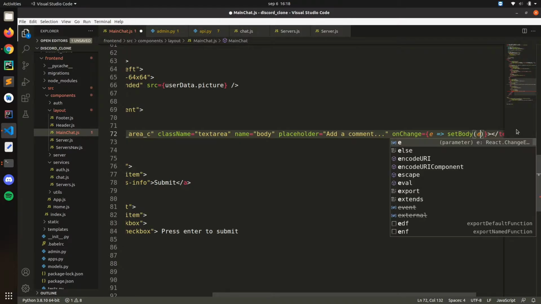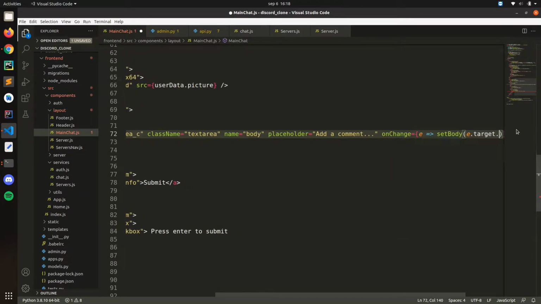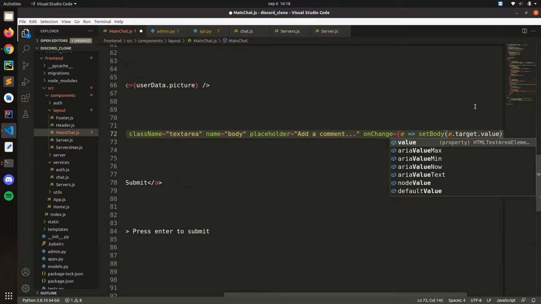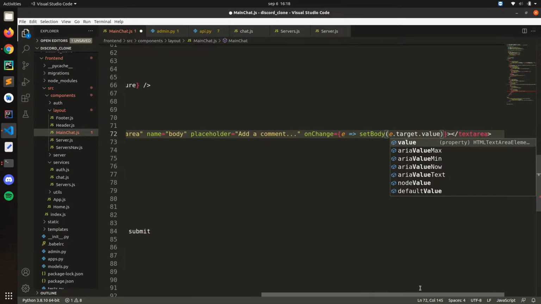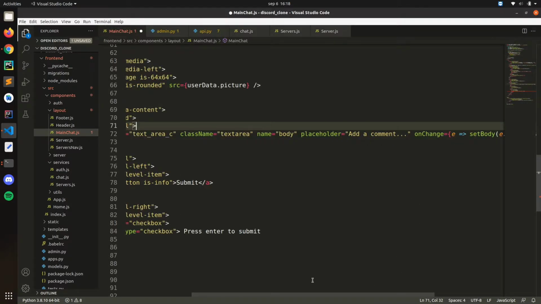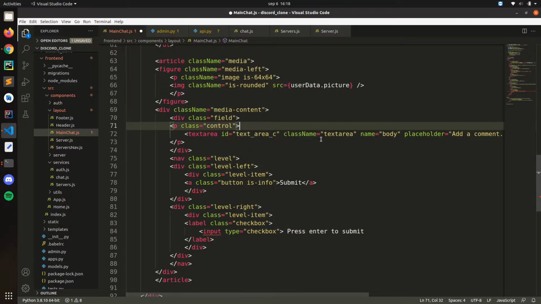Remember, just E dot target dot value, and that's how we assign the value to our state here. Okay, we assign the value to our state. Let's change here. Let's put class name,